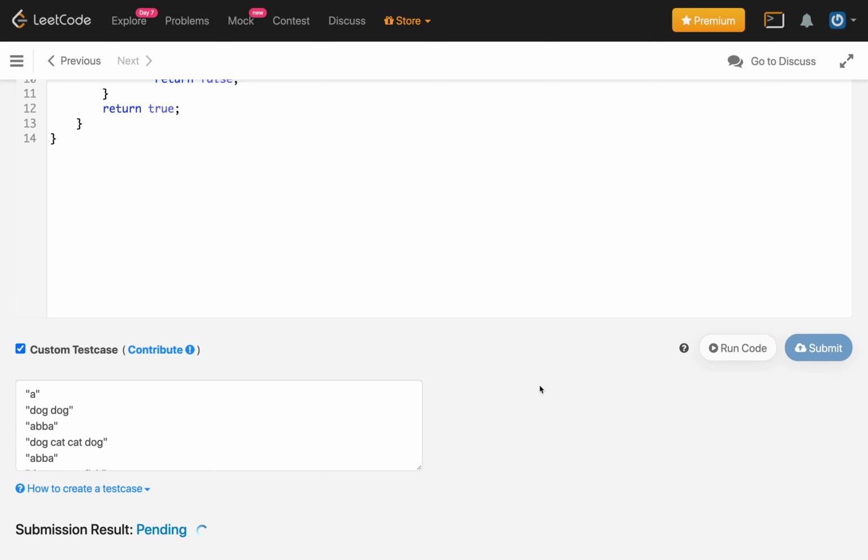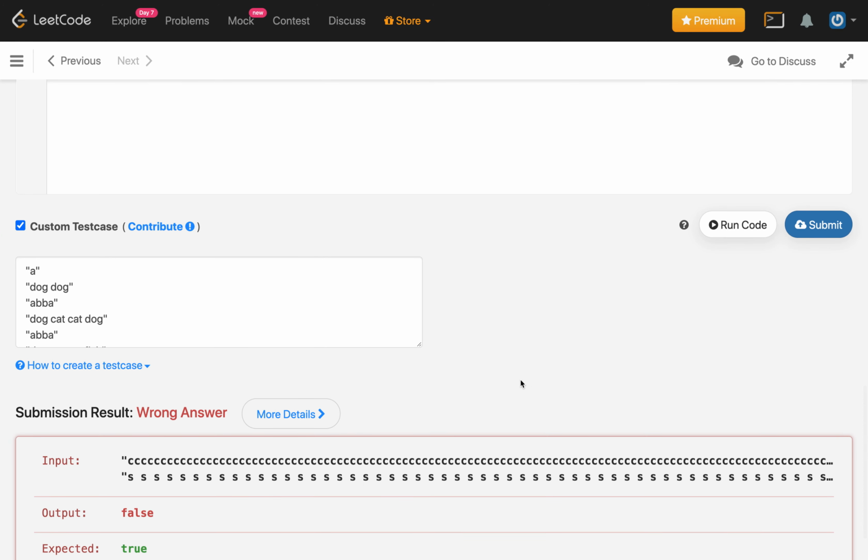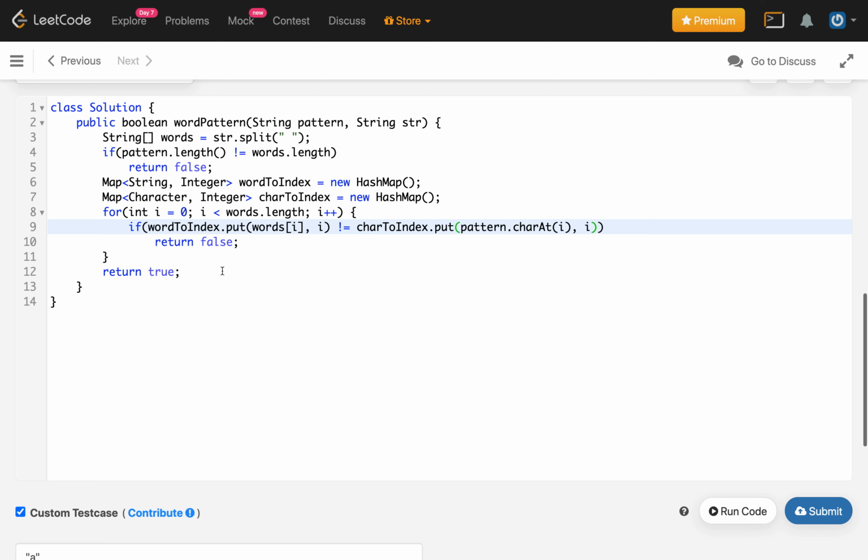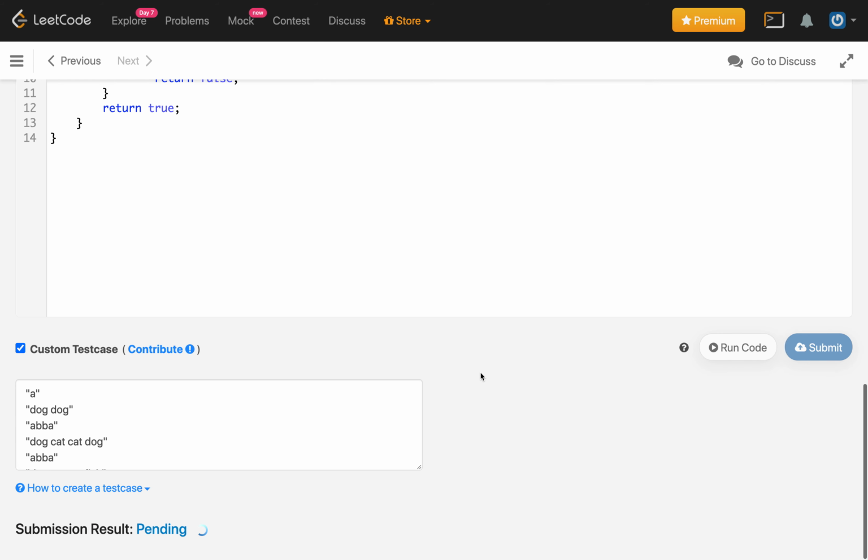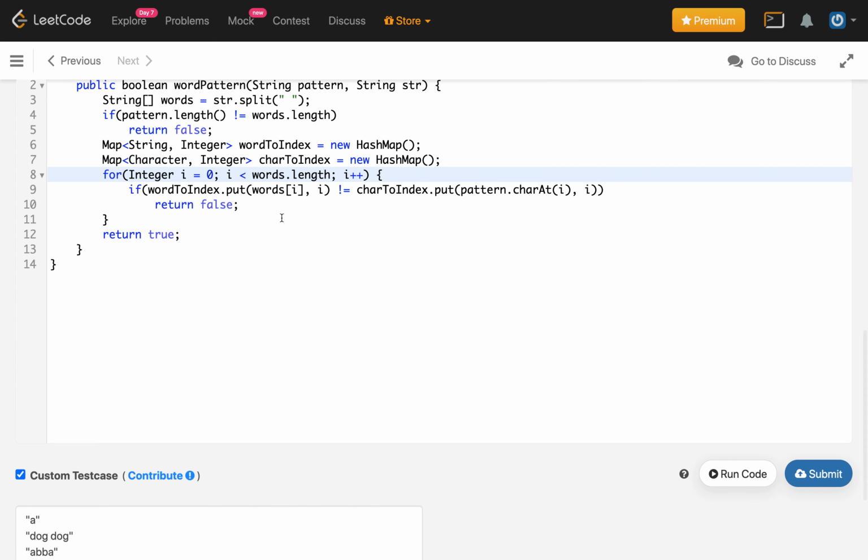So let's submit the solution first, and it is giving a wrong answer because we are iterating here with the primitive integer. This kind of silly mistake can happen because we are inserting the primitive integer, so this will return 0 instead of null in case of this. So we have to use the Integer class, the object Integer. So let's submit it again, and it is accepted. So this is the solution.